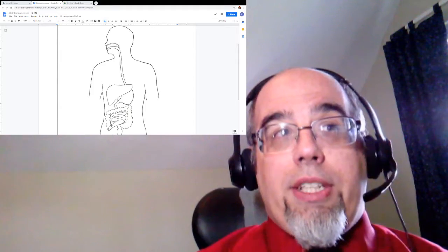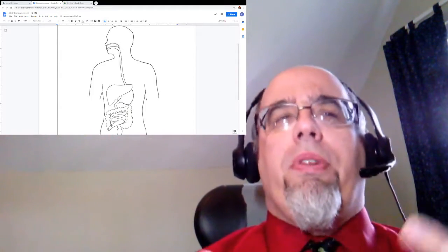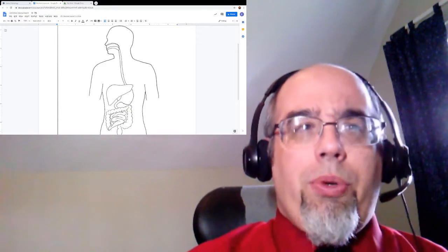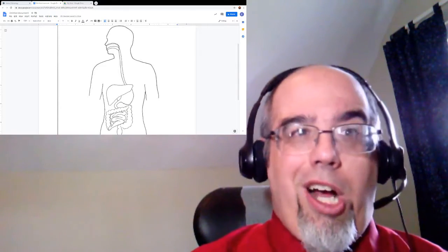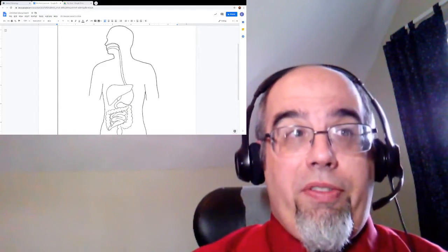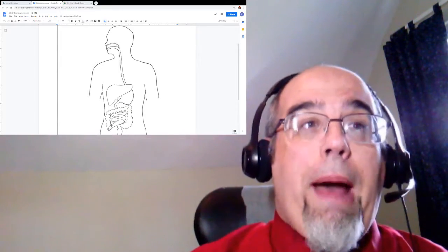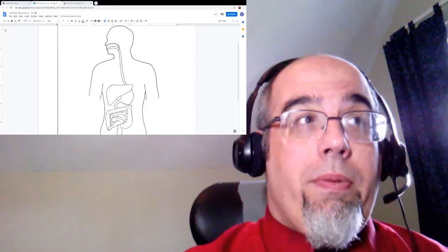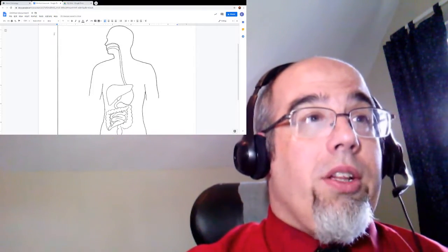And then I'm going to ask you guys to draw a simplified circulatory system on the diagram. Make sure to include the heart. Make sure to include a couple of the arteries, a couple of the veins, and some of the capillaries. Draw where those capillaries are. And remember, when we're taking a look at something like that,